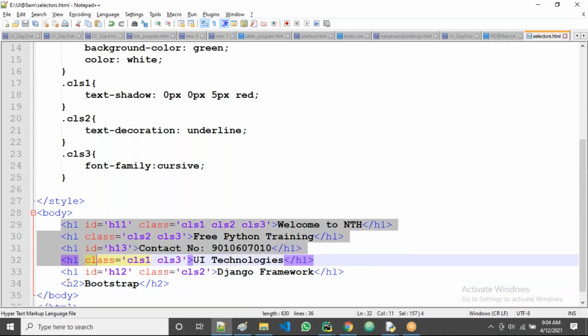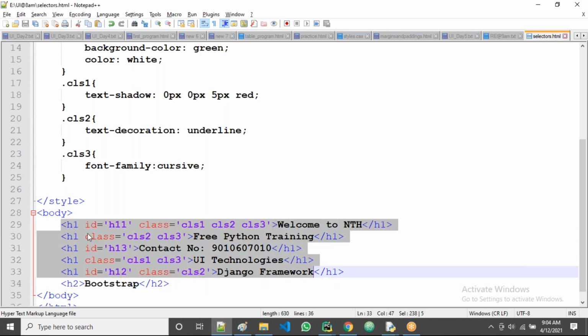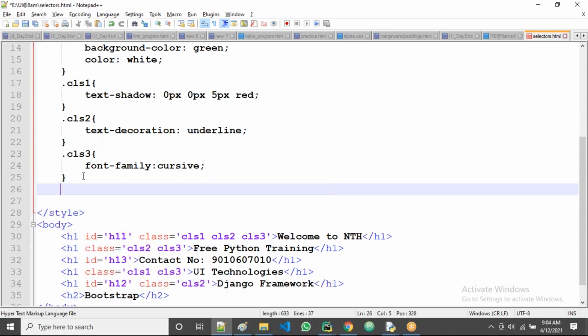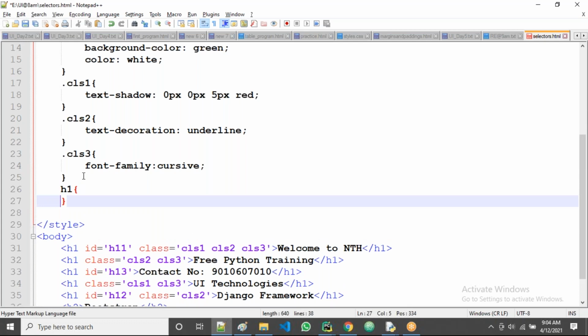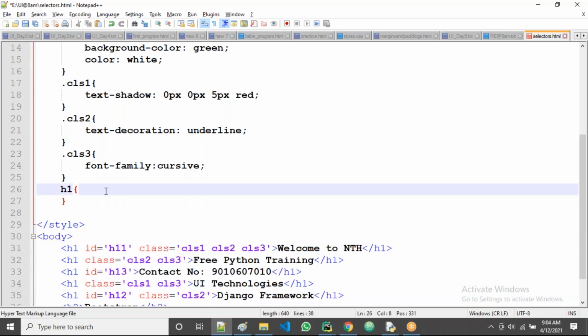We have the H1 tags and also we have the H2 available. But what I want now is to apply the same style for all H1 tags. For all H1s, just take H1, that's enough, guys. That's called the element selector.